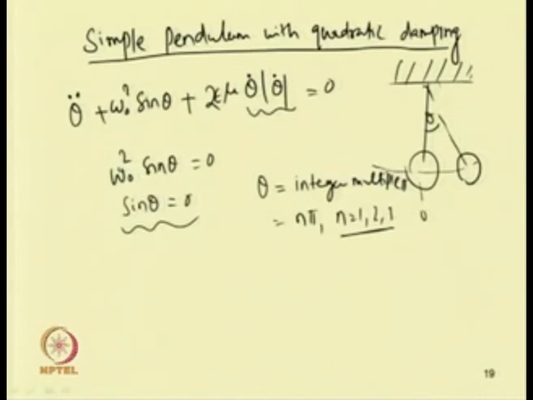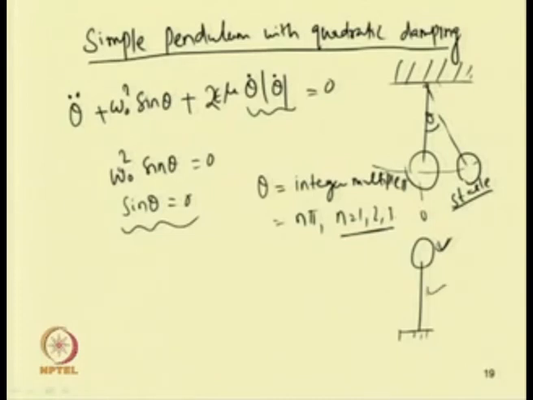So, it has two sets of equilibrium positions: one where it is vertically downward and the second where it is vertically upward. In the vertically upward position, it can be shown that the system is unstable, and when it is in the downward position the system is stable. It is in a stable condition in the downward position, corresponding to even multiples of pi,